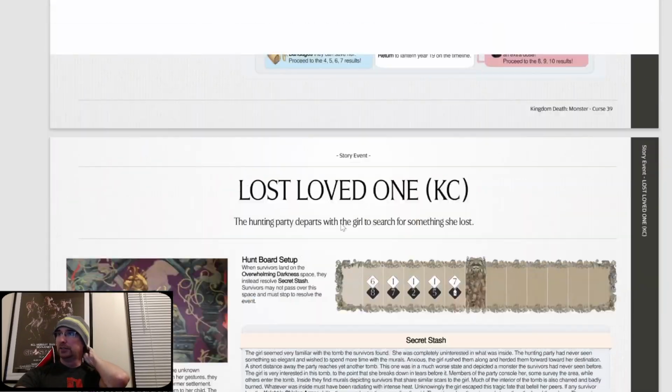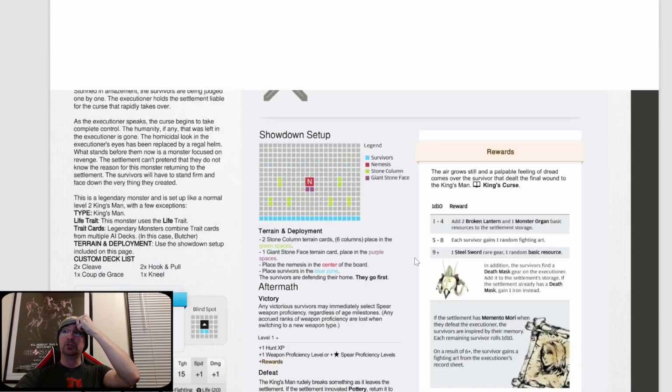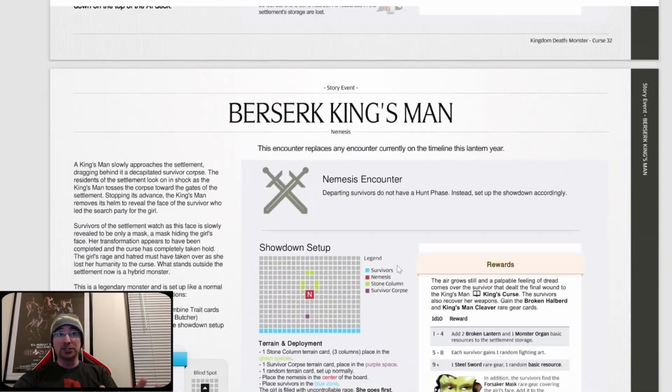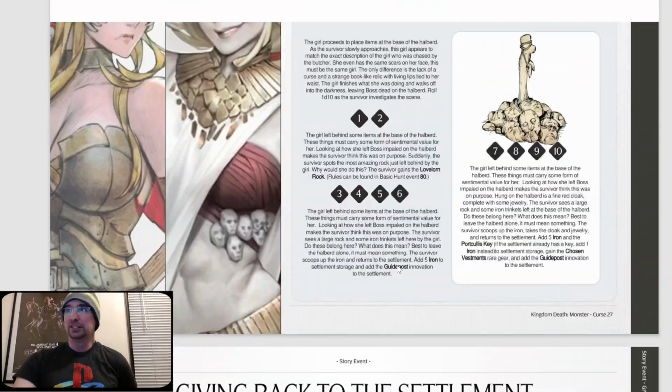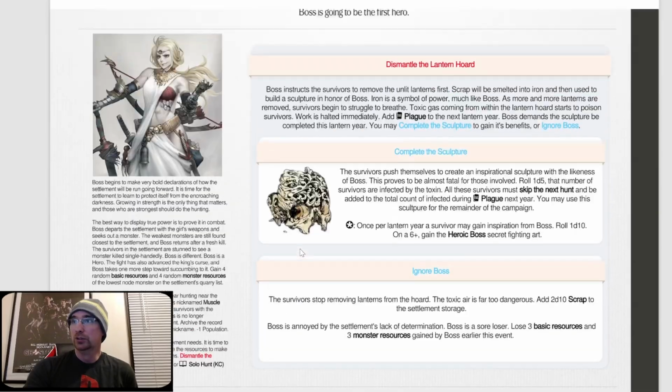So that's everything from... Well, it's not everything. There's still something else we'll go back to. But that's the story of Boss. That's the kill the girl, the reject path. It used to just be go out and kill her, then she comes back as a hybrid Butcher Kingsman. That was the whole thing for Boss. Let's go look at...